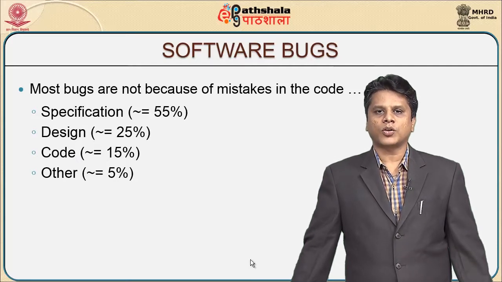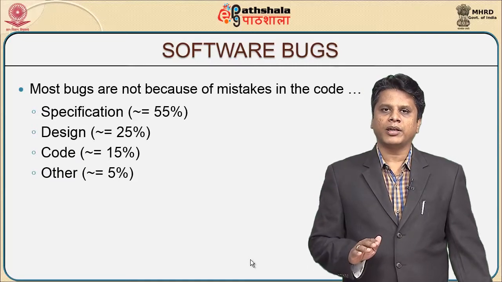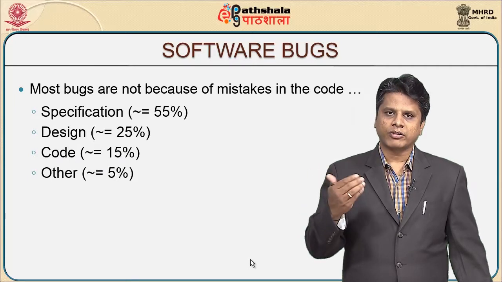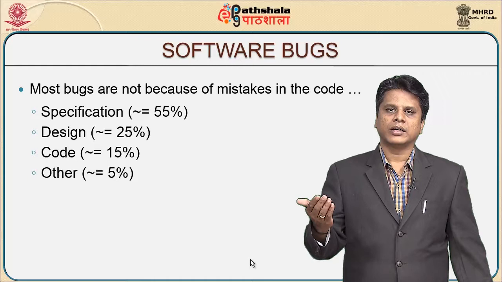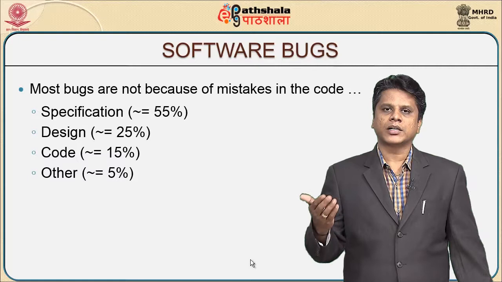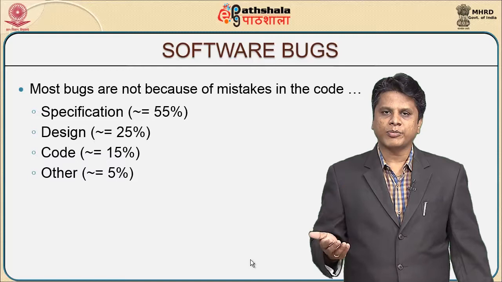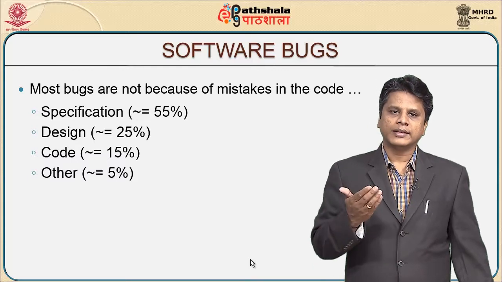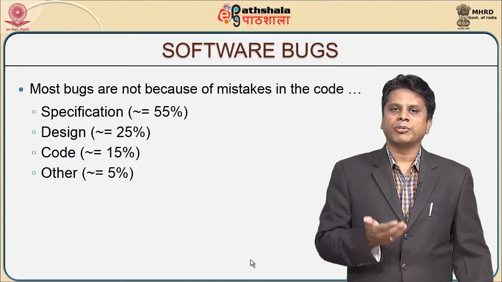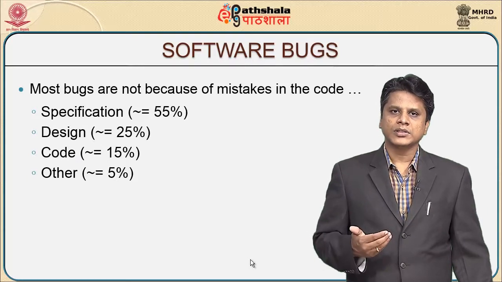Most bugs are not because of mistakes in the code. As I have already pointed out, it can be at any point. As part of the software development life cycle, it can start from the beginning, that is at the requirements analysis and specification level. So, 55% of the bugs turn out at the requirements analysis and specification level. Approximately 25% of the software bugs come from the design level. Only 15% happen at the implementation or code level, and the rest, risk management and other things, happen